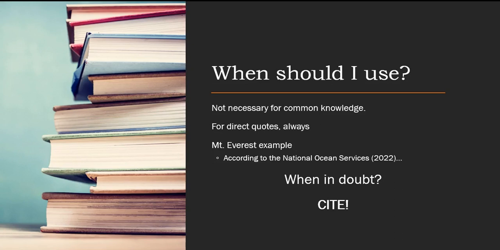One example I like to use is that you can say Mount Everest is the tallest mountain in the world, but according to the National Ocean Service 2022, Mount Chimborazo in Ecuador is the farthest from the center of the Earth and the closest to space. And Mauna Kea in Hawaii is the tallest mountain on Earth from base to peak. Though this may be common knowledge to some of you, it's not as well known, and if the reader wishes to follow through, they can find that information in my references page at the end of the presentation.